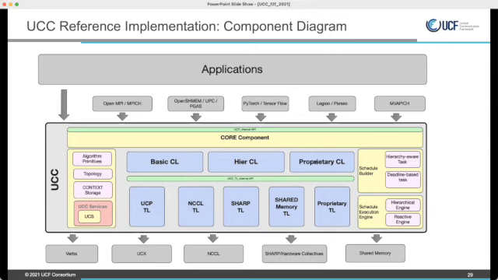Say that somebody wants to use all this infrastructure but wants to have their own collective strategy, not necessarily exposed. There is an opportunity to plug in. The core component implements most of the APIs, and the internal API is very close to the external API.